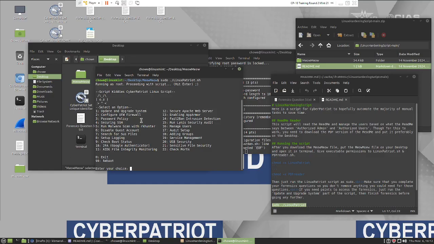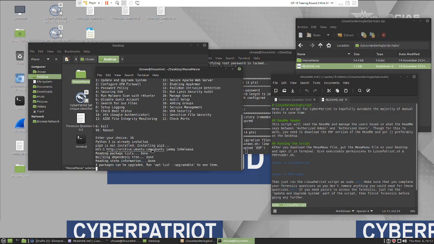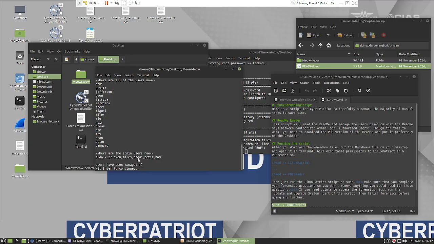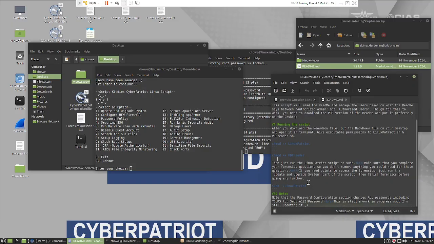So most of this stuff is really complicated. It won't give you points on this one, but I want to go straight to managing users. So I hit 16, I enter, and then it starts working, and then it runs. All the users have been managed, and so now every single user has the password secure123. You go through and you do that for every single one of them, unless there's one that you know isn't going to give you points, but still just go through, see if it gives you points. And yeah,